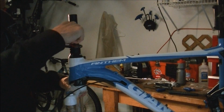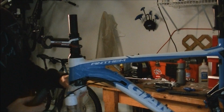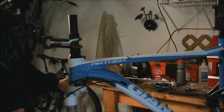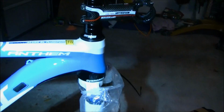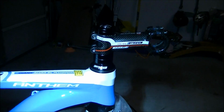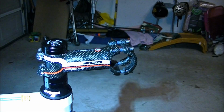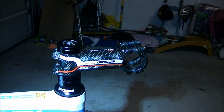I'm going to mark on the steerer tube where I want to cut. And again, I'm going to do this in more detail in another video. Okay, now I've got the fork installed on the bike with the steerer tube cut. I put the bearings in, put the spacers on, put the stem on, and now it's time to install the